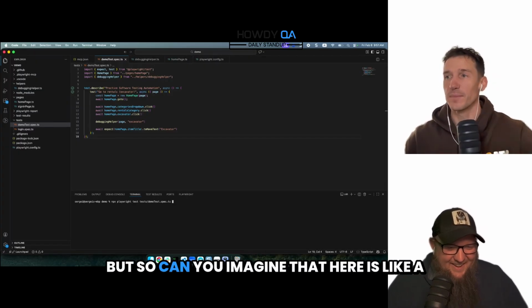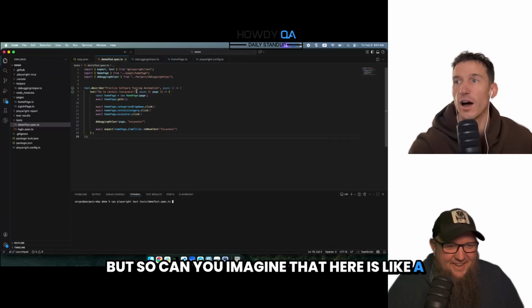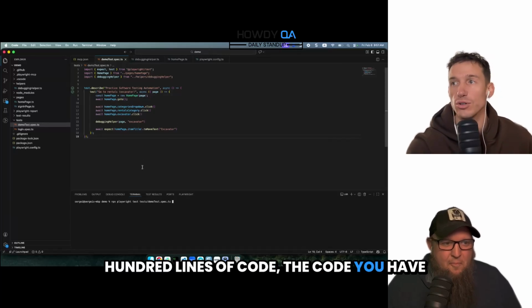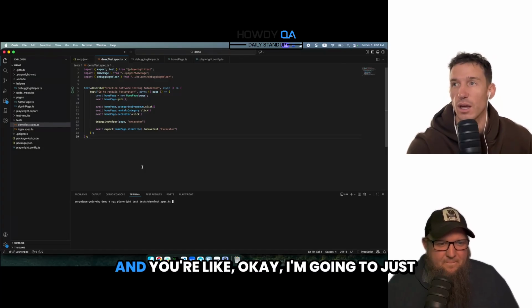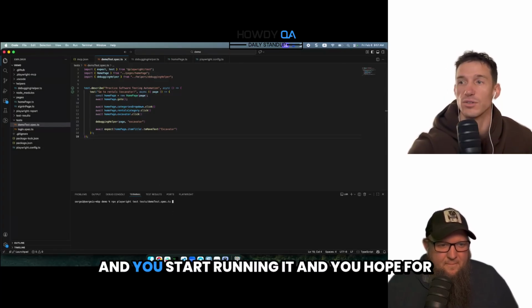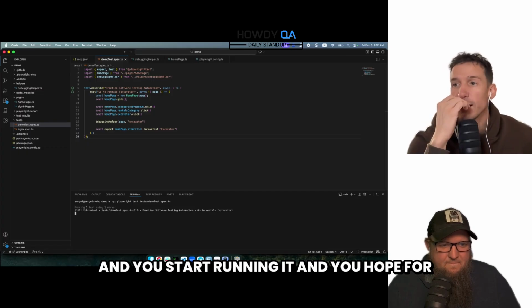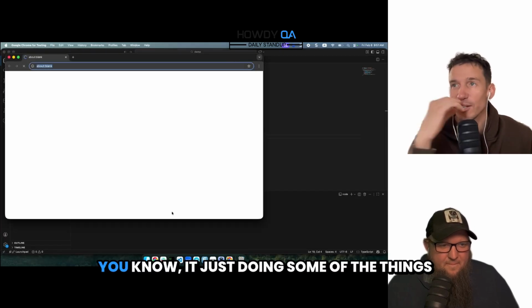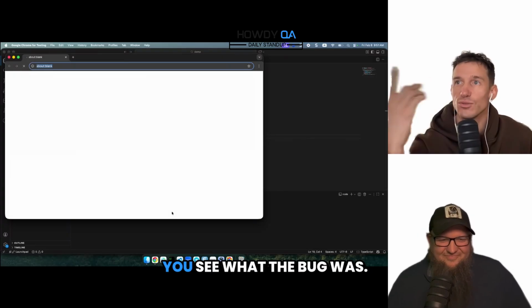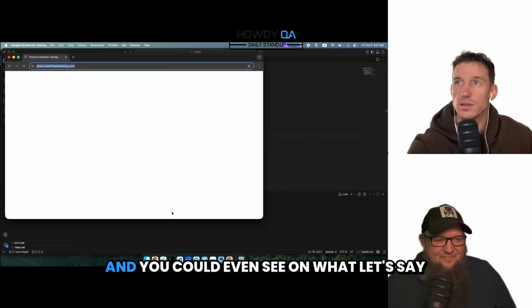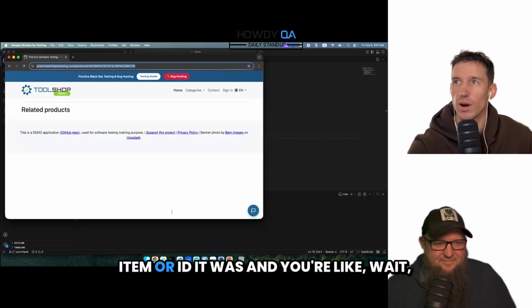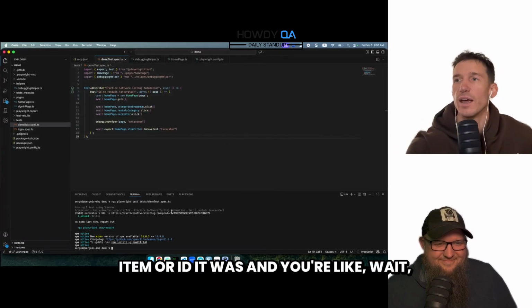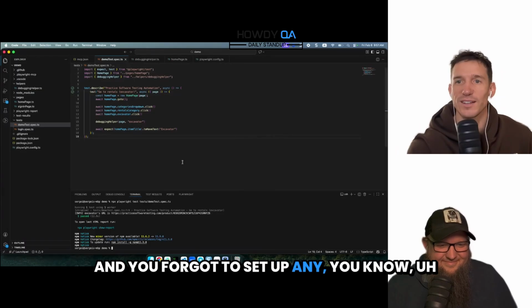But can you imagine hundreds of lines of code you have never seen in your life? This is your first time debugging it. You're like, okay, I'm just going to run it, and you hope for the best. It's doing some of the things. You see what the bug was, and you could even see on which item or ID it was. And you're like, oh, wait. And you forgot to set up any